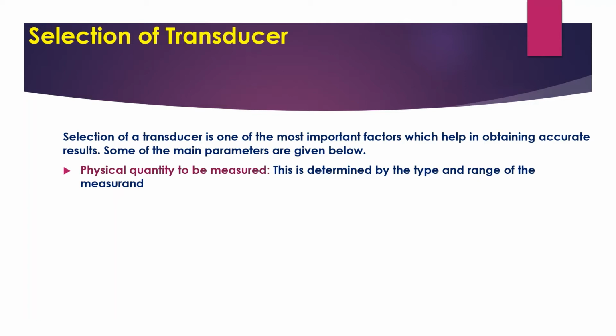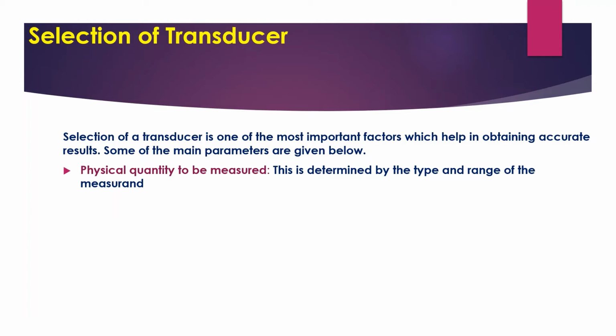Let me explain what exactly we mean by physical quantity to be measured. See, there are two things. If I give you an example, suppose you are measuring an earthquake, and of course the instrument used for measuring an earthquake is a seismograph, and at the same time you are measuring heartbeat. Both these instruments are designed to measure vibration. Of course, heartbeat will produce vibration. Of course, an earthquake also will produce vibration. So both the devices are used for measurement of vibration.